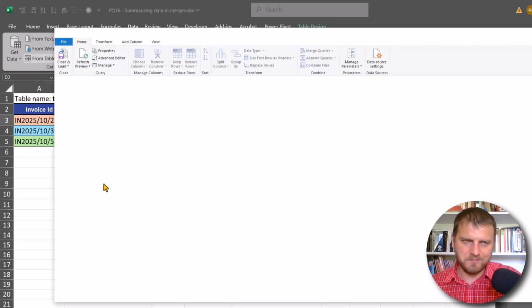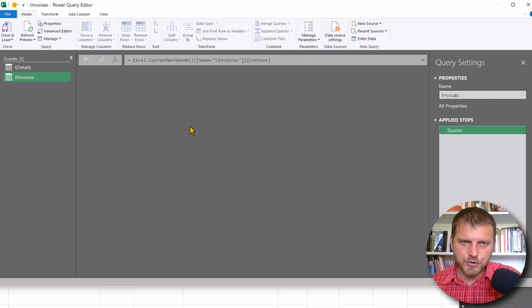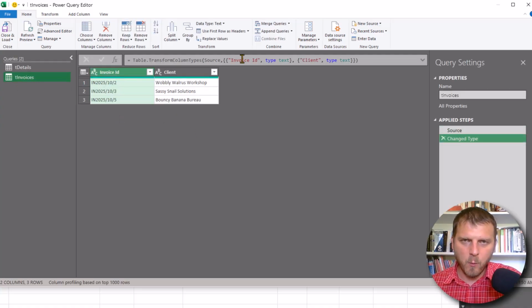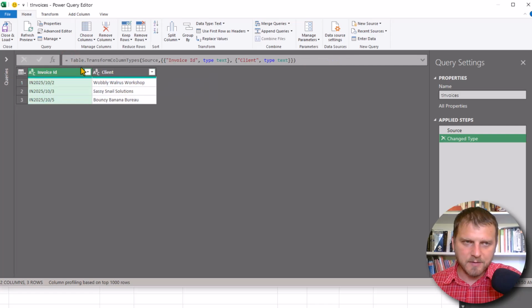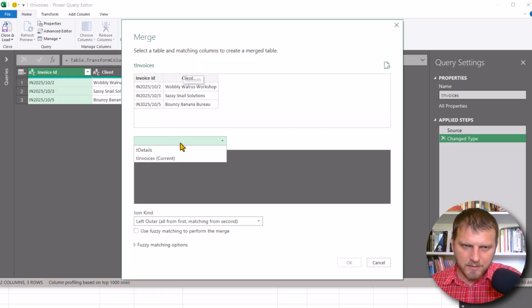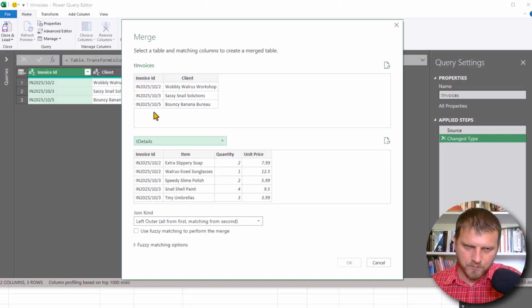So from table range, and now we want to merge queries. We don't need to merge as a new query. We can just merge inside of our new query T invoices. So let's merge. Okay, so we don't need to expand this. Just click this command, merge queries, and we want the second table, and we are merging based on invoice ID,